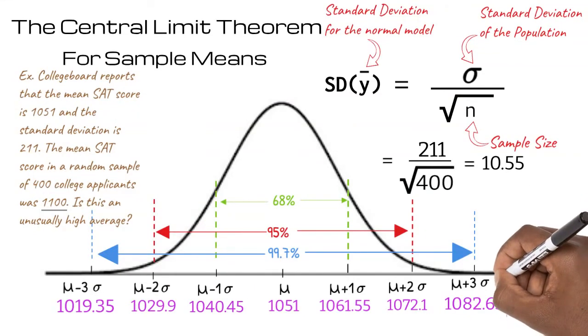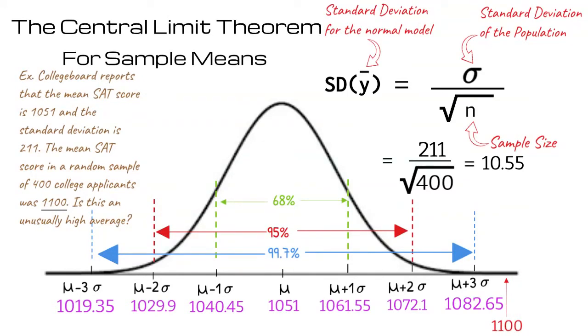Recall that the mean of our random sample is 1,100. On our curve, 1,100 lies in this area. 1,100 is more than 3 standard deviations above the mean. Since 99.7% of our sample means are within 3 standard deviations of the population mean, the sample mean of 1,100